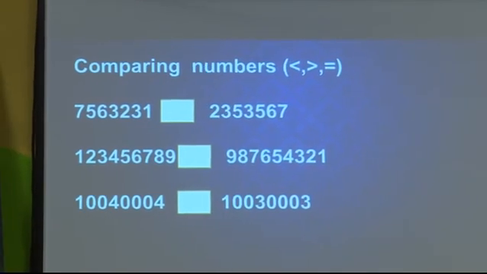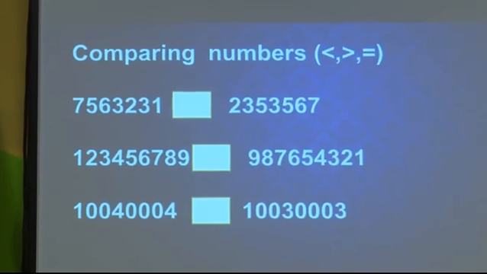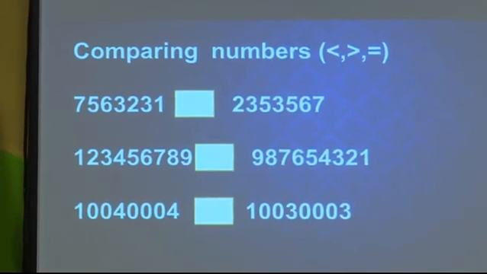Now compare the numbers. What is comparison? Yes, you know comparison. Yes, small, big. Here also we have to see the comparison of numbers. How to compare these numbers then? First you have to read the number by inserting the comma and find out which is greater, which is smaller, or which is equal.